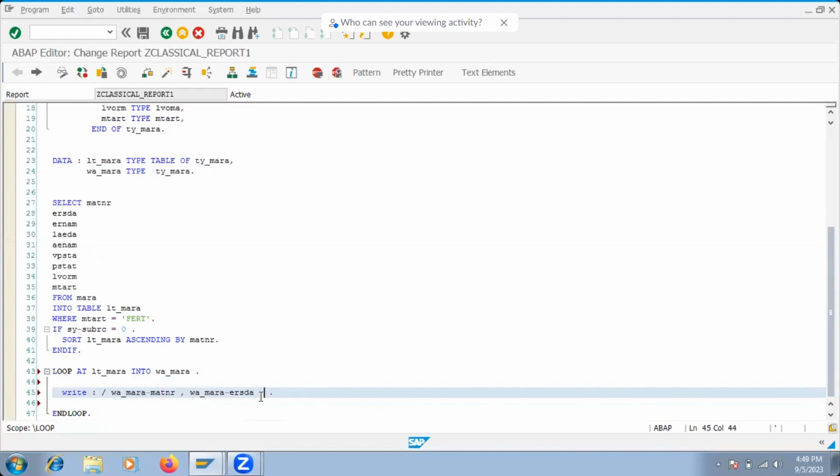Now we'll give the third field also. Okay, let's give the third field. So third field is ERNAM. So let's copy this so that no need to type again and again all the part. ERNAM, comma, we can give LAEDA, comma, we can give AENAM, comma, BPSTA, comma, PSTAT, comma,